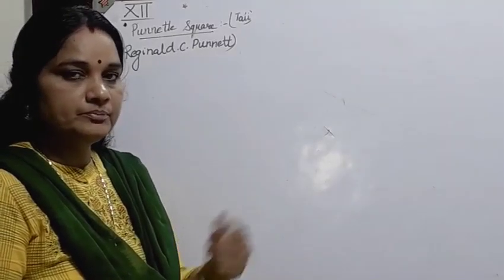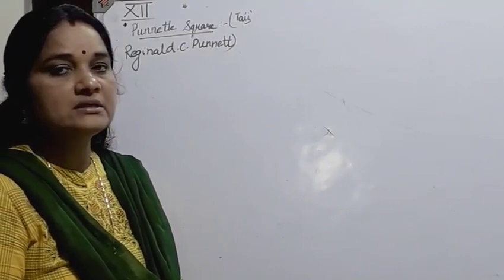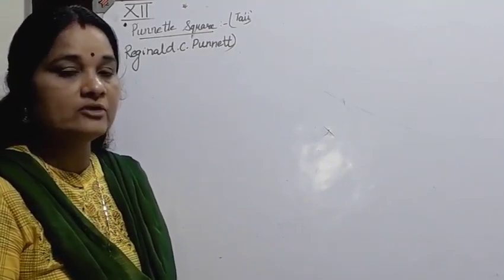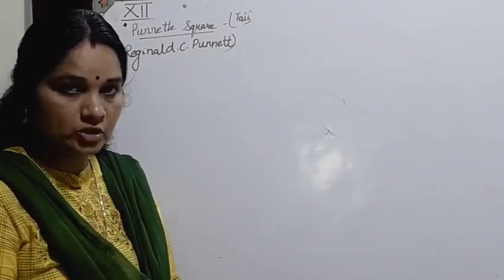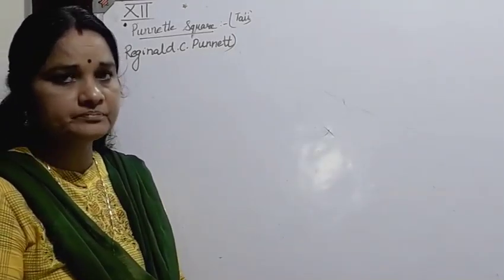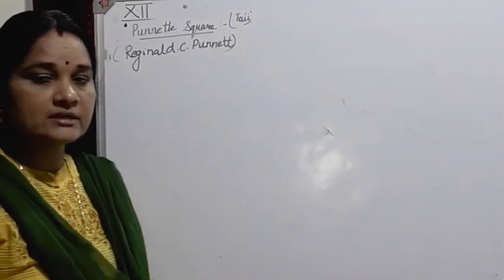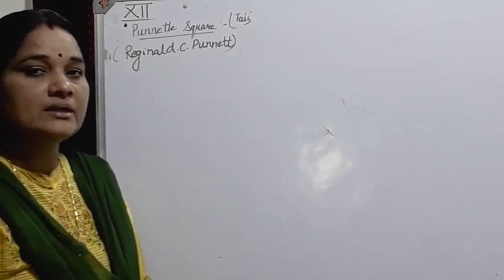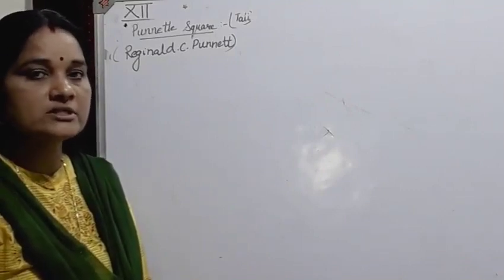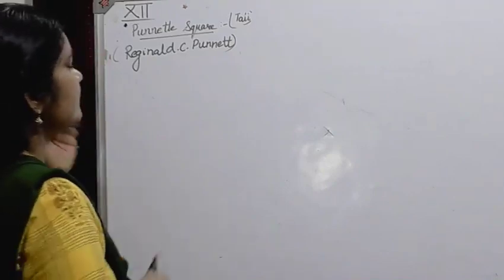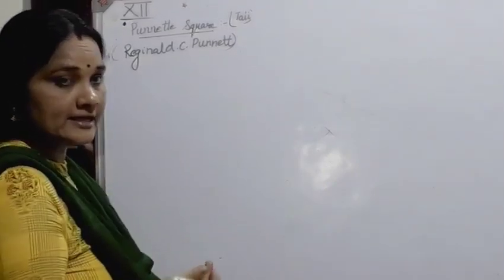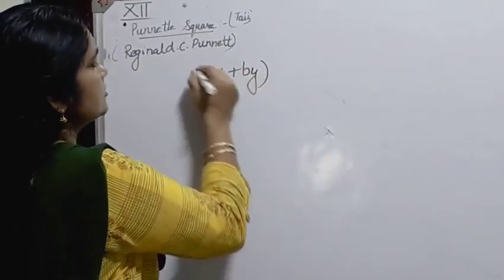Based on the Punnett diagram, the Punnett square, we have seen how the probability of the genotype could be expressed: 1/4 was homozygous tall, 1/2 was heterozygous tall, capital T and small t, and the remaining 1/4 was expressed as homozygous for the recessive factor, small t and small t. So how can it be expressed?